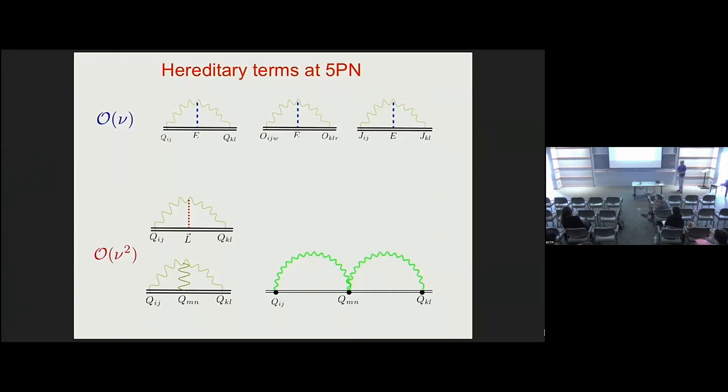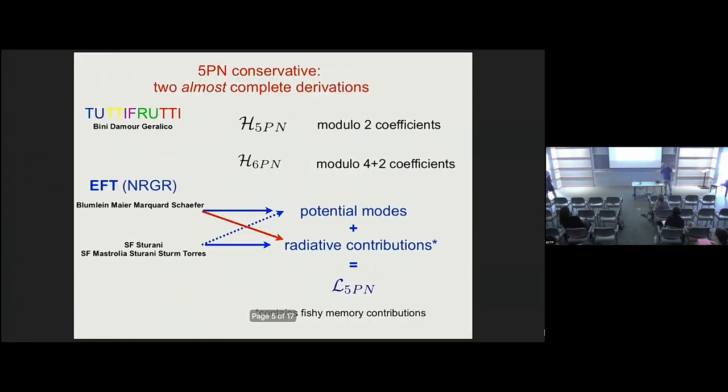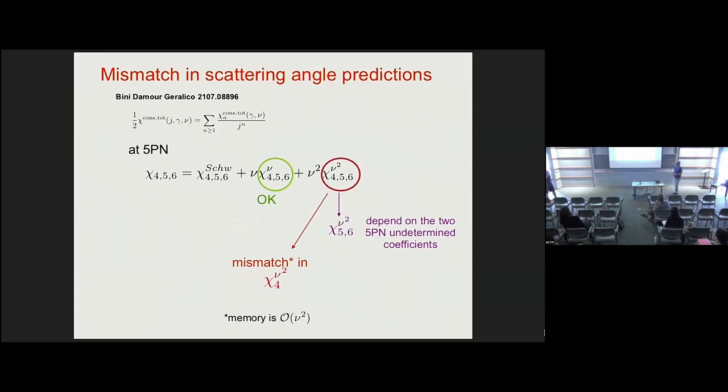So you started with some of your early slides where you pointed to this disagreement. So you're saying this will be resolved by computing not the conservative Hamiltonian, but the complete Hamiltonian. Is that your claim? That is what he was saying. Okay, so you don't have a suggestion how to cure this? Because this is just the conservative part of the scattering angle, and who knows whether even this distinction is correct at this level, because if there is an ambiguity here, there should be. So it's not even clear that just computing the whole Hamiltonian would fix it. Exactly. Okay, thank you.